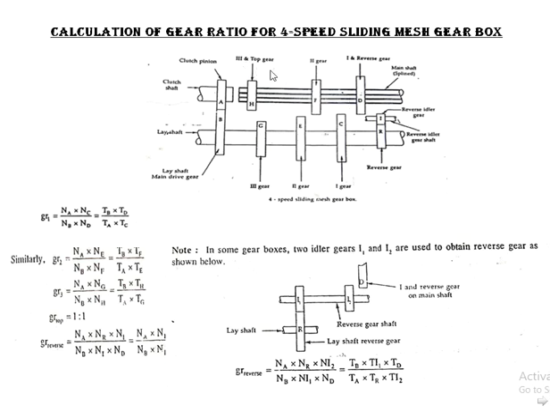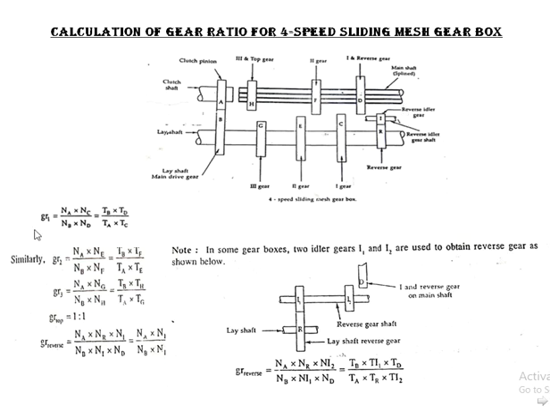The last one is the top gear. Top gear is nothing but the clutch shaft and main shaft directly connected. There is no help of these three gears. The main shaft is connected directly to the clutch shaft. Direct power transmission takes place, that is called top gear, or the 1:1 gear. Whatever power is generated in the engine cylinder is transmitted directly, without any reduction, to the rear wheels. These are the four ratios we get in the 4-speed sliding mesh gearbox.